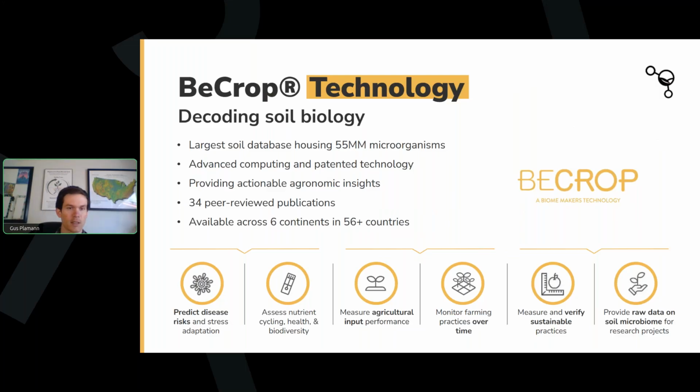And this slide will just give a really quick overview of BeCrop, which for those who may be on this call and aren't familiar, is a soil biology testing service. What BeCrop technology is really underpinned by is a massive soils database housing tens of millions of soil microorganisms. I believe that the current number may even be higher than 55 million listed here. Using that expansive database, as well as computing and AI-based technology, Biomakers provides soil biology testing that can provide practical